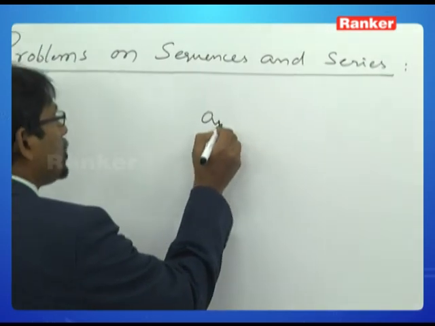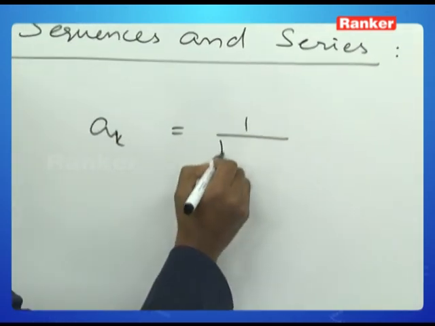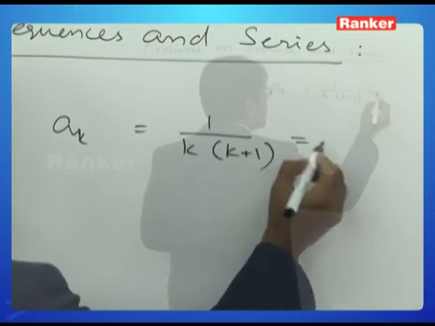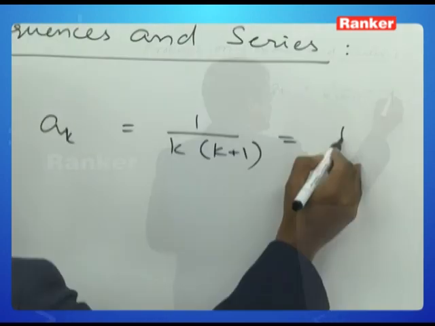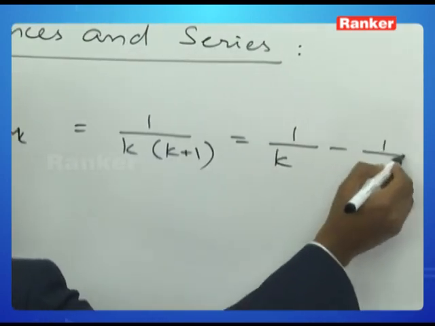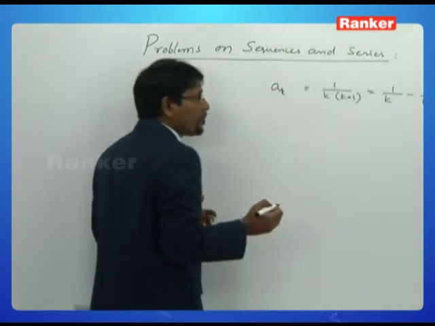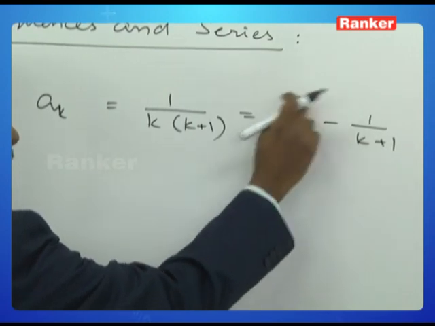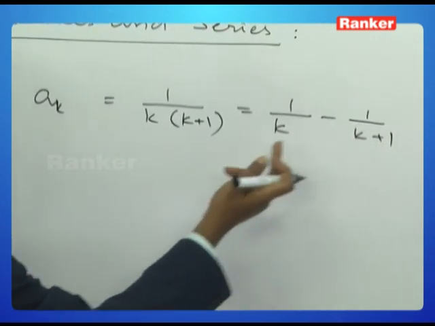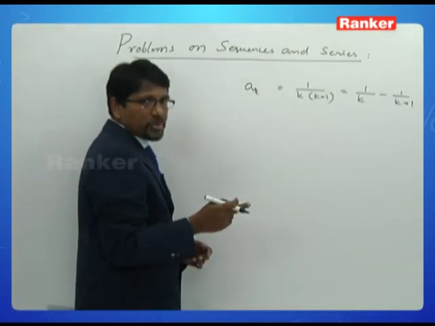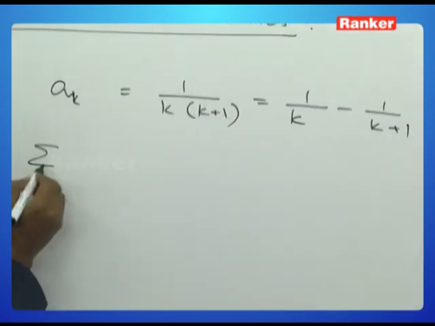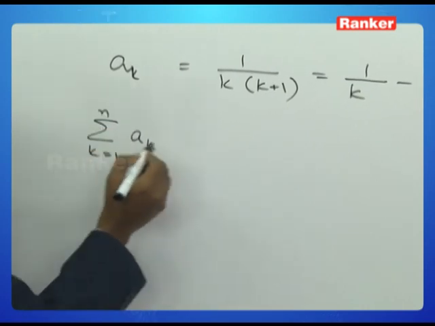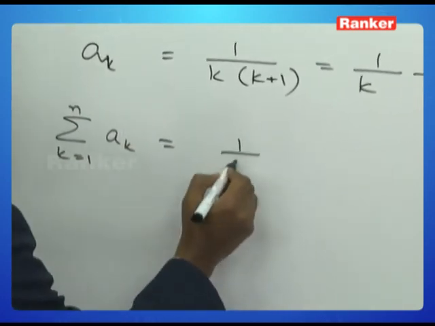a_k is equal to 1 by k into (k plus 1). We know this. So can I write this as a difference of two consecutive terms? Very clearly, it is 1 by k minus 1 by (k plus 1). So here you observe that (k plus 1 minus k) by k into (k plus 1) makes it 1 by k into (k plus 1). Now sigma a_k, k ranging from 1 to n, will mean 1 by 1 minus 1